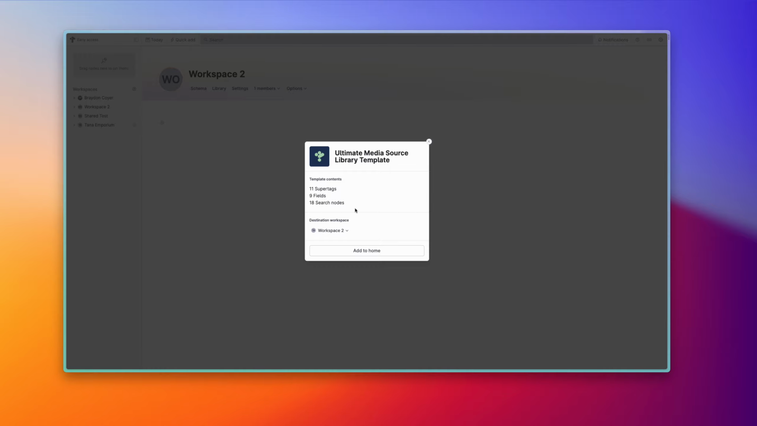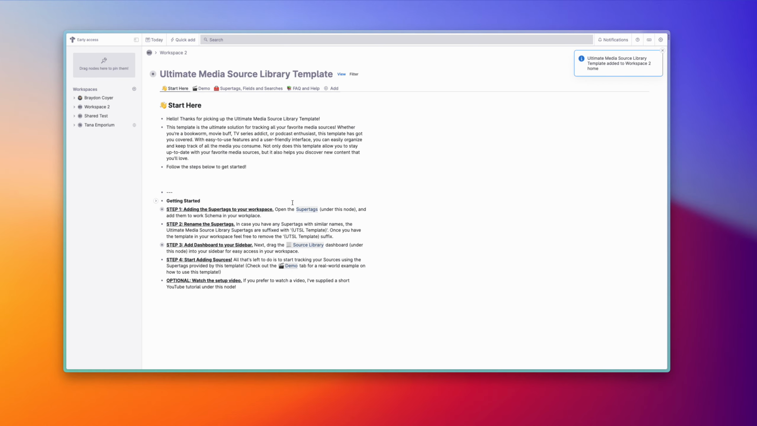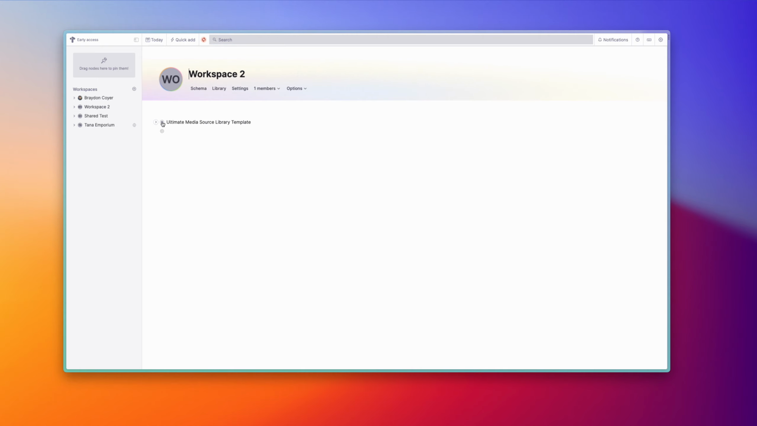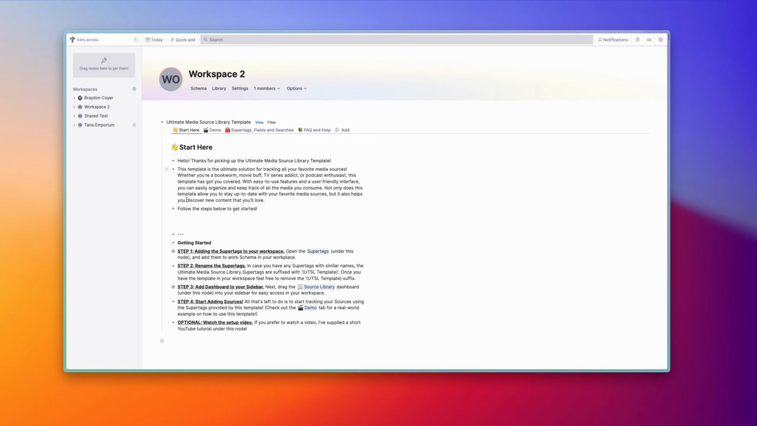And then the first thing that you need to really pay attention to is where you want to add this template as far as which workspace. Now, I created a temporary workspace called Workspace 2 that I'm going to use for this video demo, but you can add this to whichever workspace you'd like. Go ahead and click Add to Home, and you'll be brought to a screen like this. Now, I find it useful to go back to the workspace itself and open up the template here